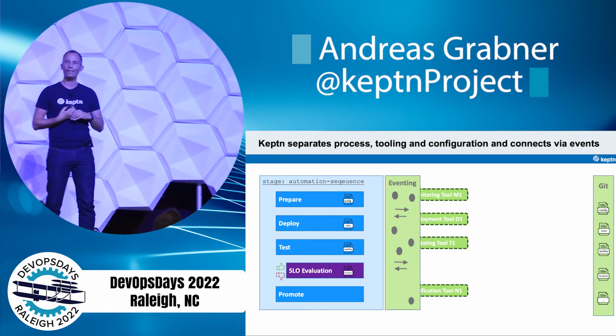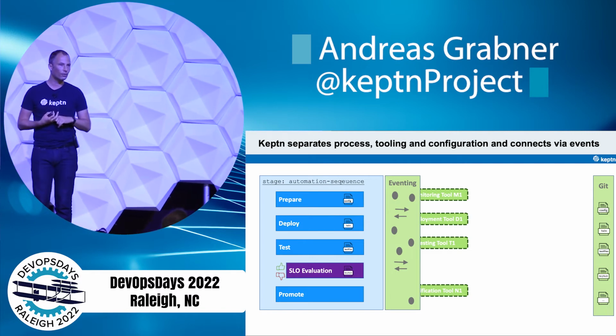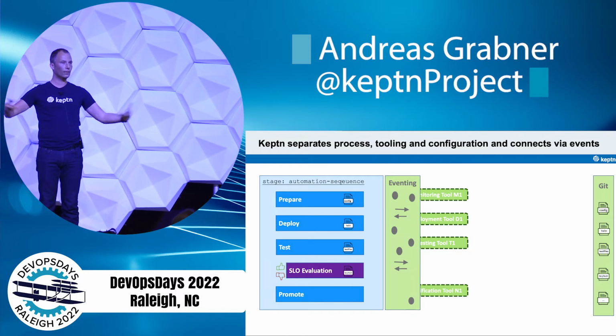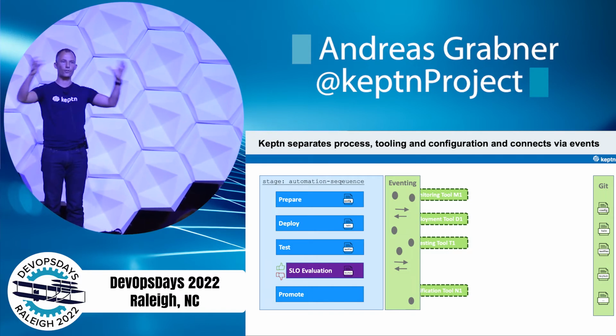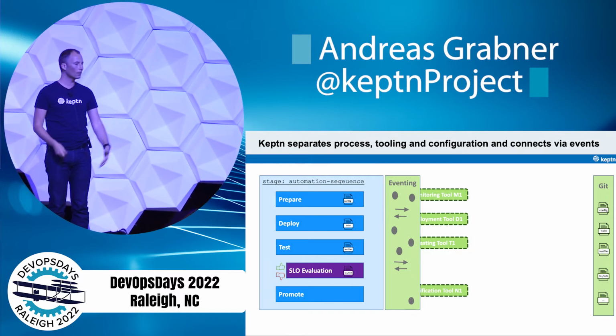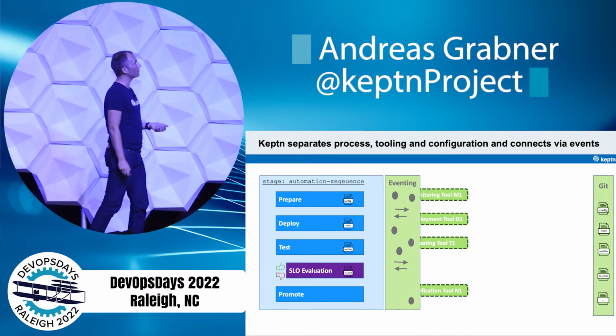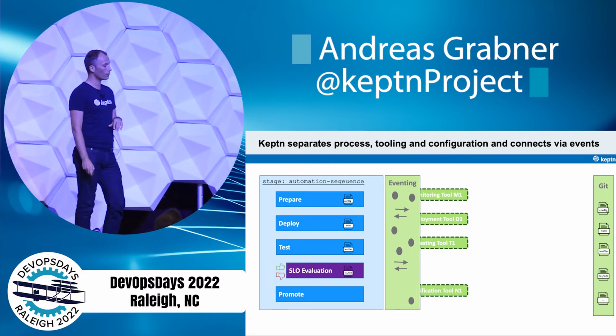And then we're using eventing, just as in modern software engineering, right? You're decoupling your monolith, and then you use events to connect them, and then you need an orchestrator. The orchestrator is Keptn. Events are in our case standardized. We're using cloud events, and we are standardizing this with all the tool vendors.